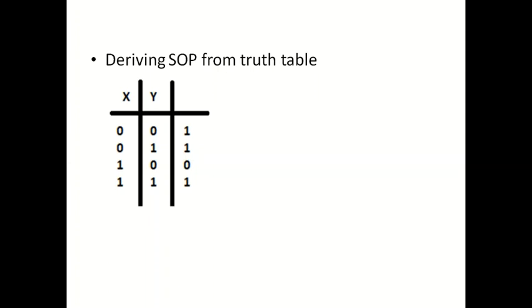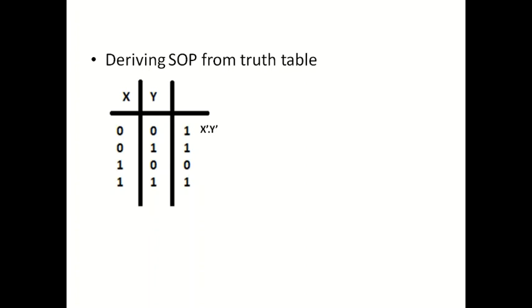So how can we derive the expression here? If I have to derive an SOP expression, then definitely I have to go for a min term. Now you know the property of the min term says that its value should be 1. So in the table we are going to see only those terms where the output is 1. You can see here that in the first row, the second row, and the last row, my output is 1. So I am going to pick only these 3 terms.